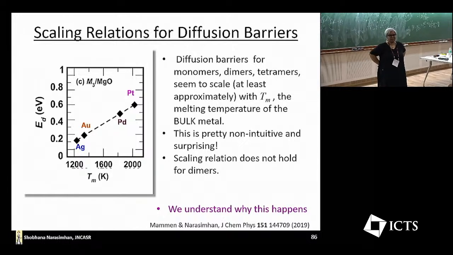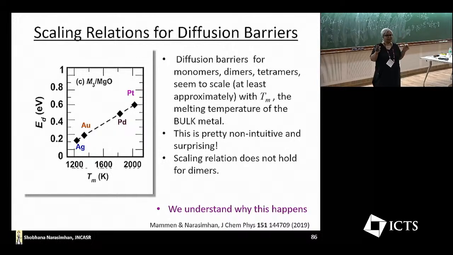So let me try to explain what I'm saying. If I have, for example, a metal nanoparticle on a surface of magnesium oxide, I'm looking at the energy it takes for it to move along. And I'm saying that energy scales linearly with the melting temperature of the bulk of that metal,